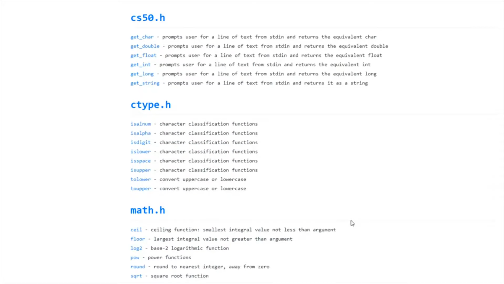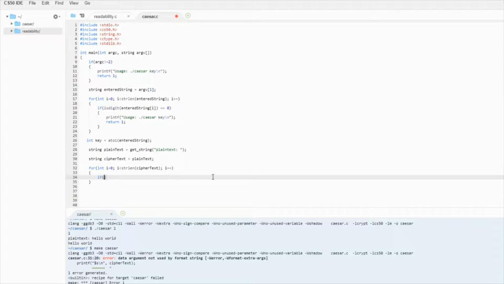If it's anything besides an alpha, it'll return a 0. So we can just create an if statement here. If isalpha ciphertext i, so the variable we're currently on, you could set this to equals 1. Additionally, 1 is equal to true in C, so you can just leave the statement as this. And if it's an alpha character, it's going to go down here.